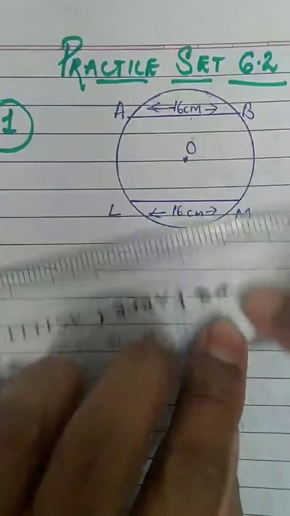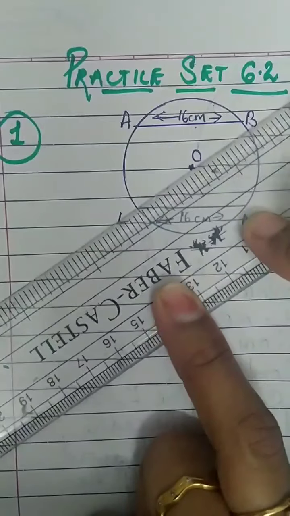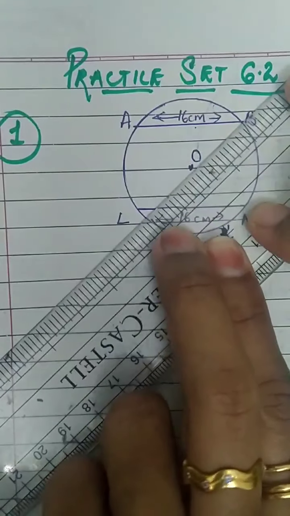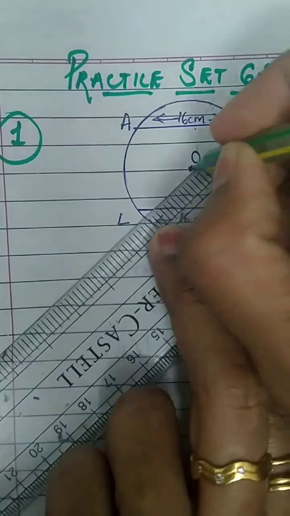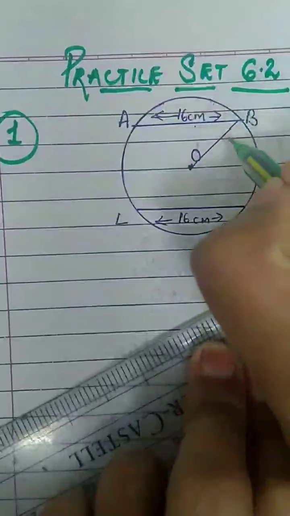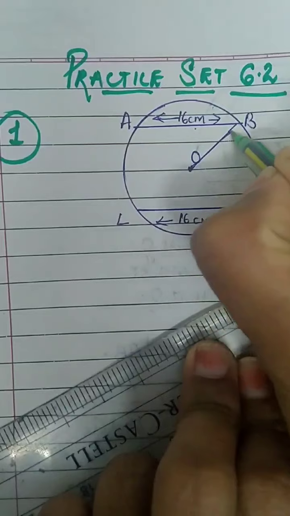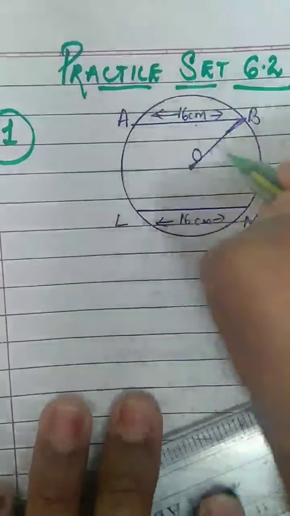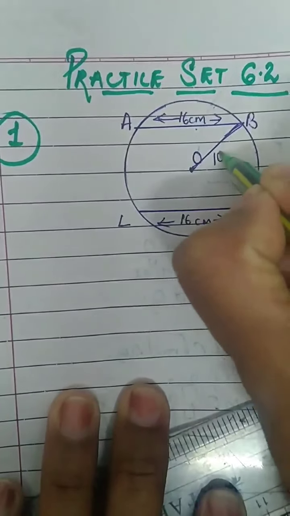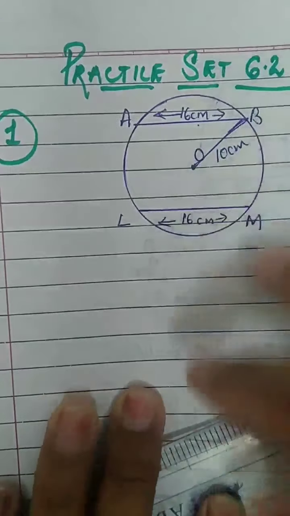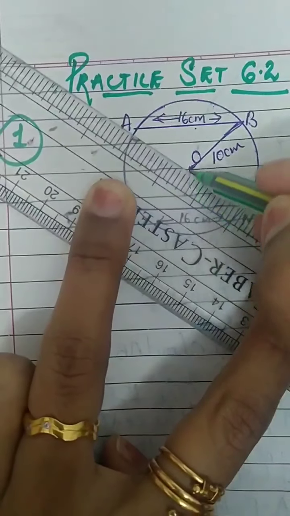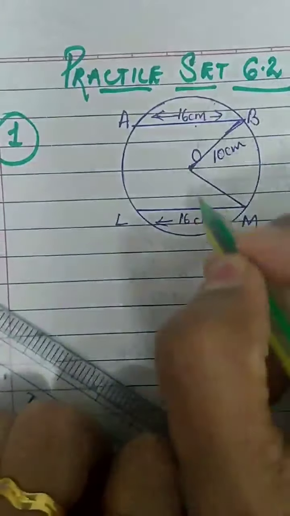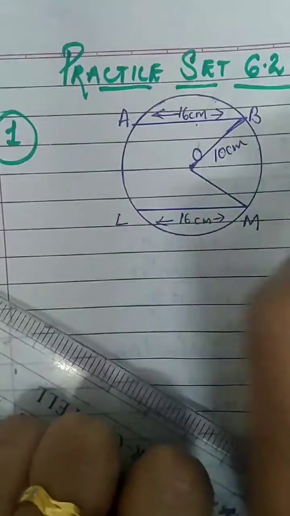And the radius of the circle. So radius I'll show this way. Radius means from the center anywhere on the circle. So I'll go for B. From the center O to B, radius. Okay. Just see to it that it touches the circle. Radius is given as 10 centimeter. OB is the radius. Similarly, next radius I'll take OM. That is OM this way. Okay. This is also 10 centimeter. Just like that I showed.